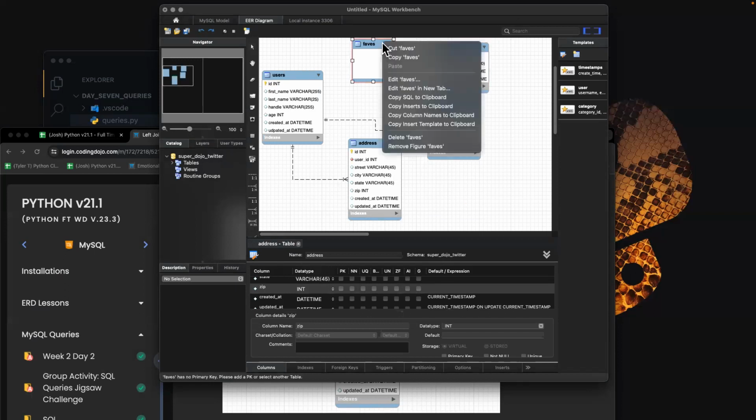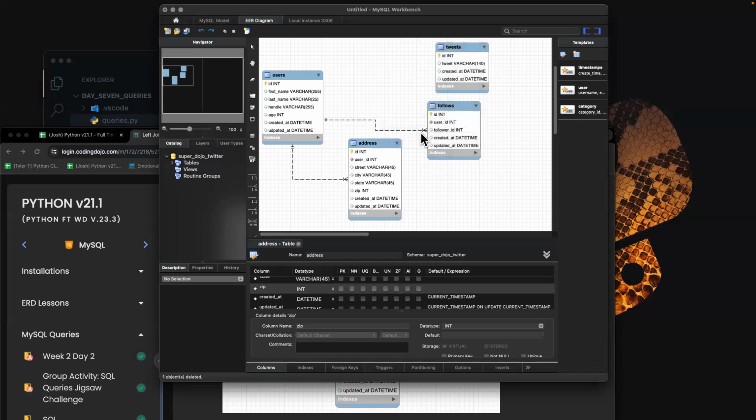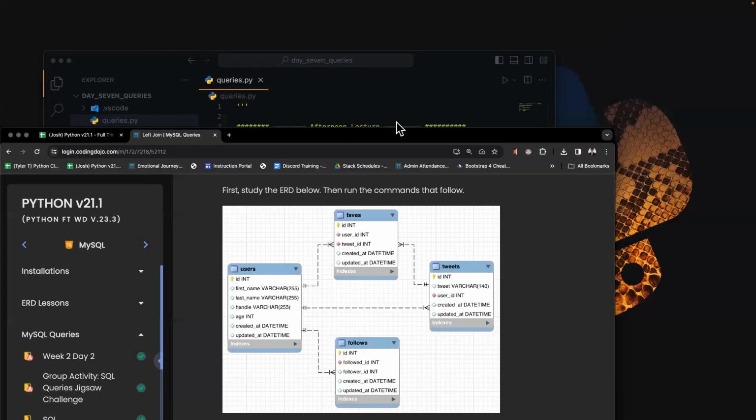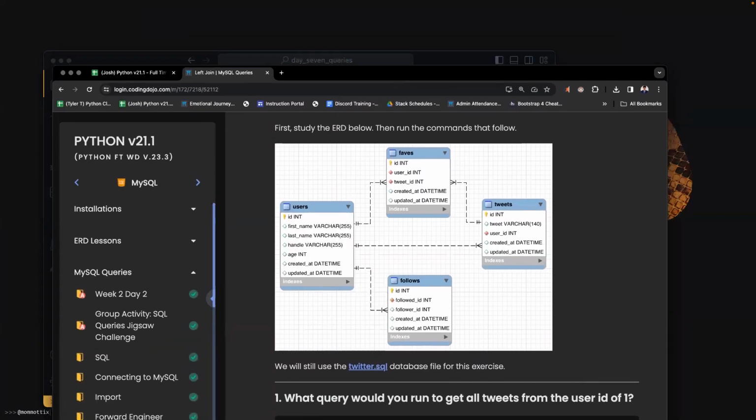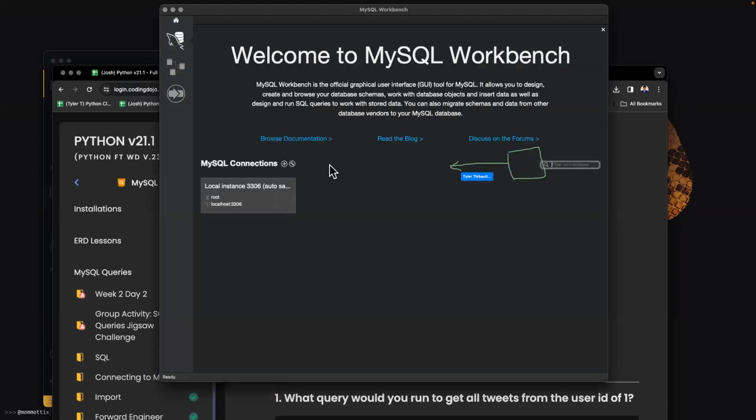The dotted line means a non-identifying relationship, whereas a solid line is an identifying relationship. So if I'm going to write on your screen real quick here, Josh, if we had another table over here that connected to this faves table,